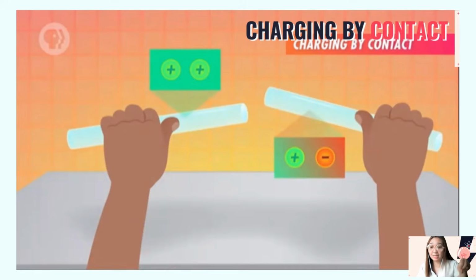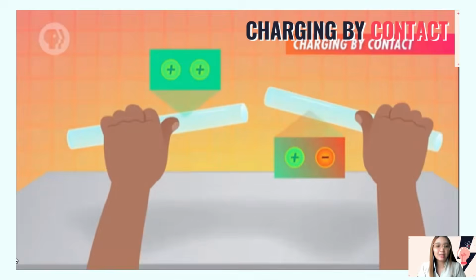So, maiiwan na lang tayo ng rod with positively charged particles. Kapag meron tayong isa pang rod with neutral charge, meaning it has the same amount of positive and negative particles, kapag nagkadikit yung dalawang yon,